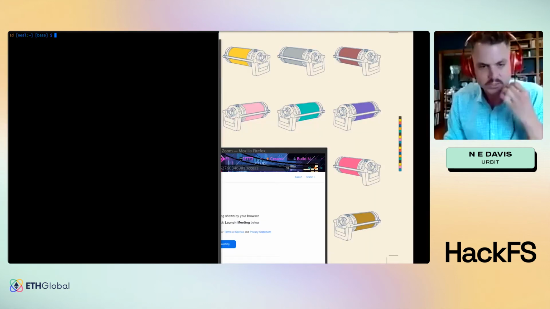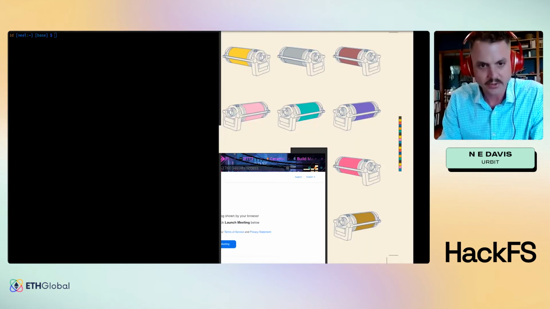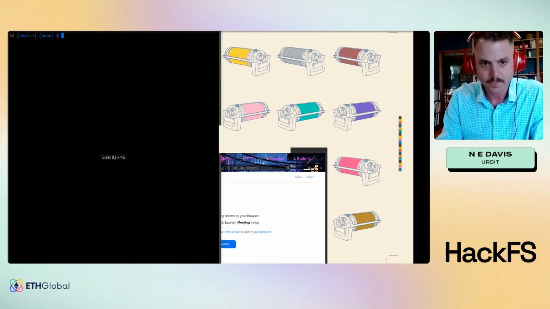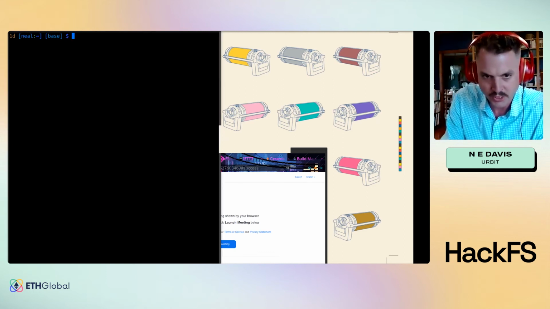Okay, so yes, I can show you some example apps and what that would look like. So let me show you what it actually looks like to run Urbit really quick. All right, so what I have here is my regular bash prompt.